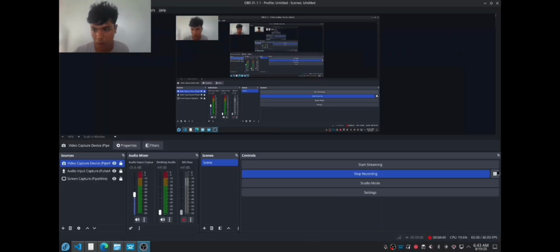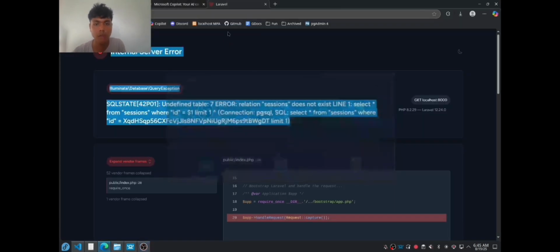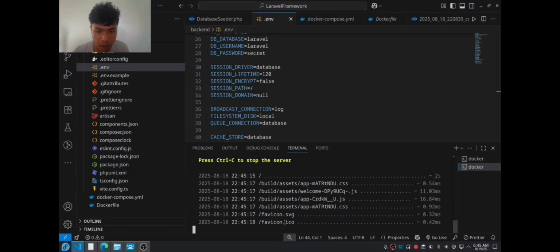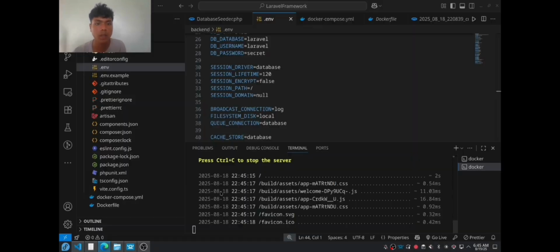Let's see. As you can see, it's running inside the Docker. That's all. Goodbye.